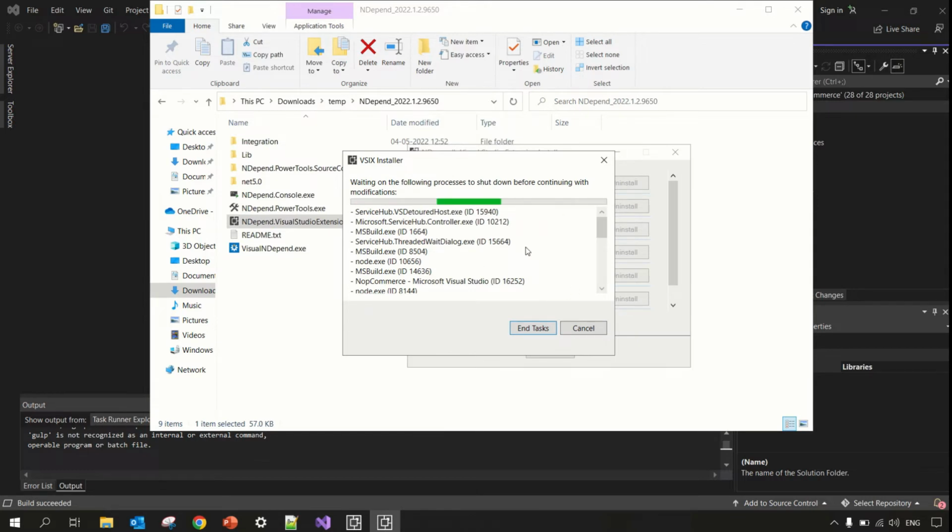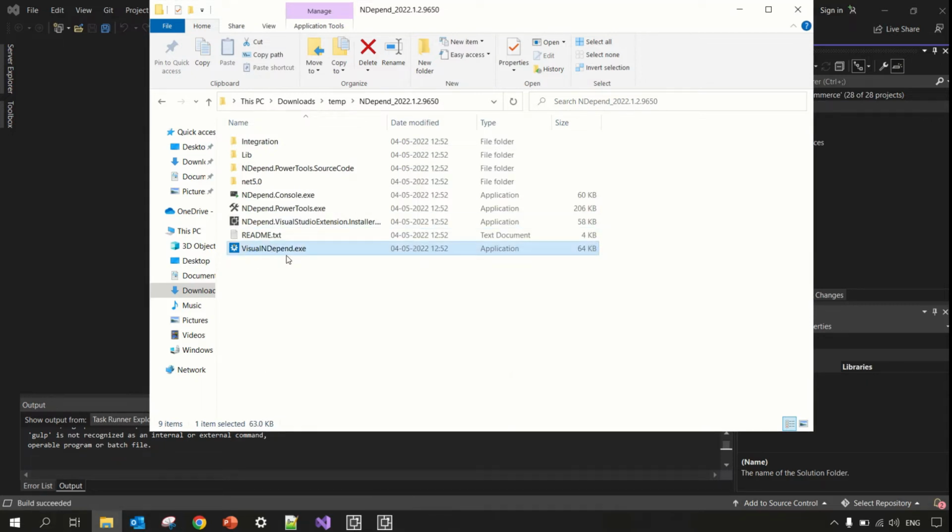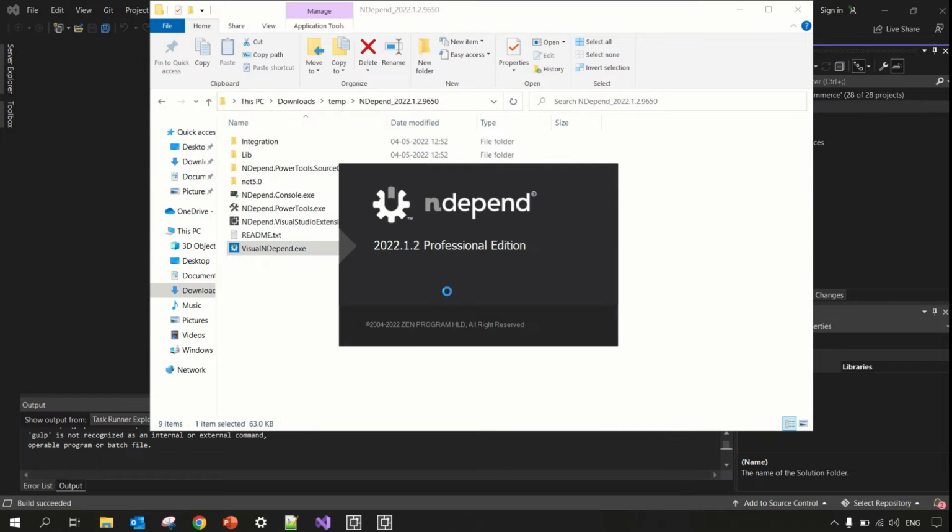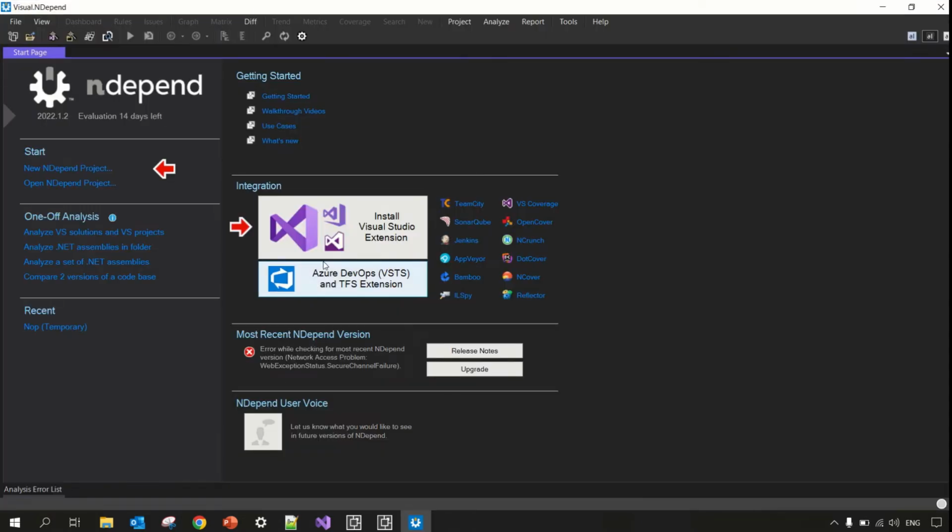Once we click install, it will be installing. Without installing also, we can change. If we click on this Visual NDepend, it opens up the solution. We can analyze over here, and from here also you can install the Visual Studio extension by clicking on this button. And if you click here, you get the one-off analysis options: analyzing the solution, analyzing the .NET assemblies,